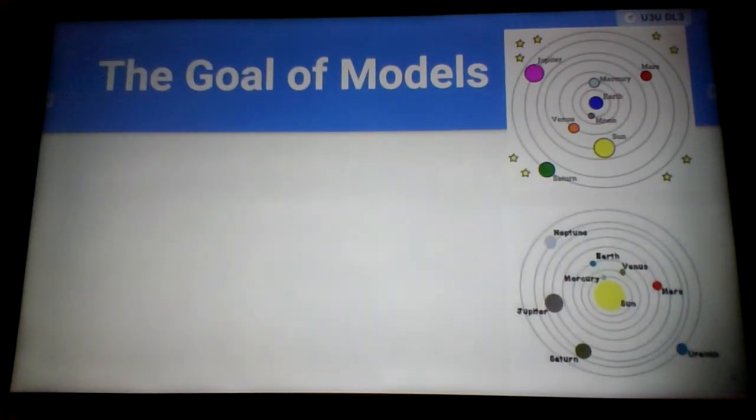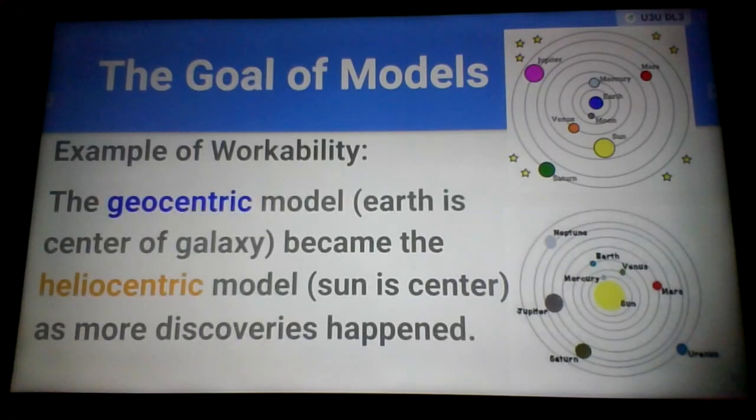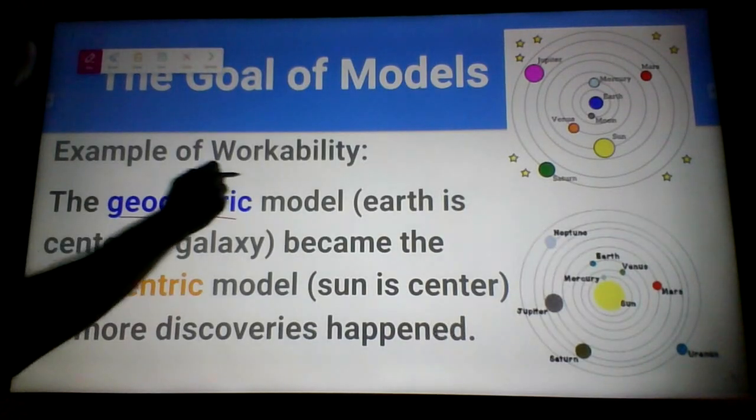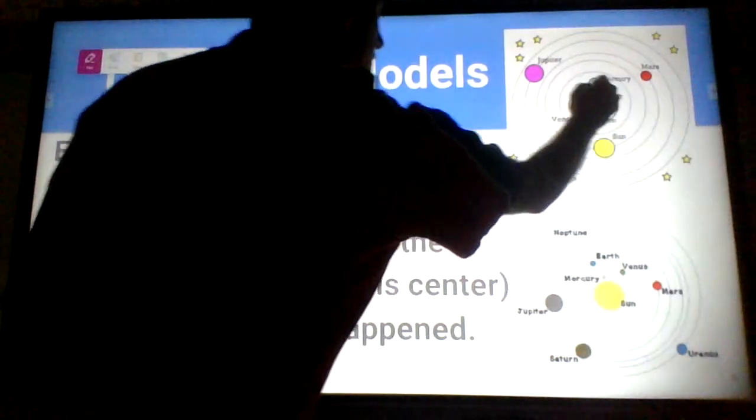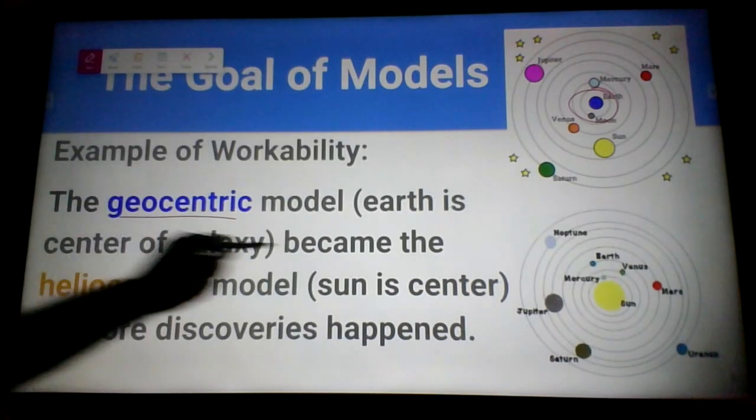So what's the goal? Get us the most accurate information that we can at the time. Here's an example of workability, information that's been changed as new information became available. Geocentric, and notice what I did with the colors. The blue geocentric matching the blue Earth in the model. That was a past belief, but as people learned more and more about the planets in the galaxy, people learned